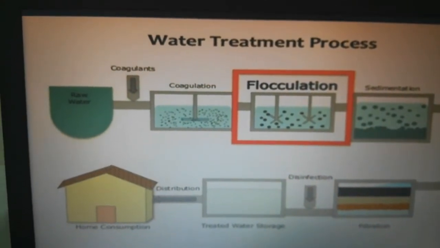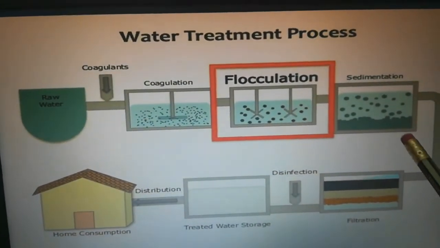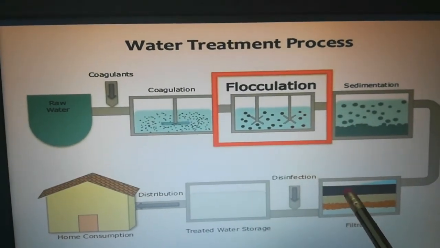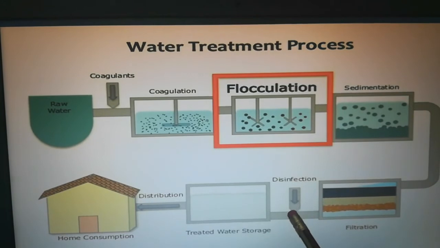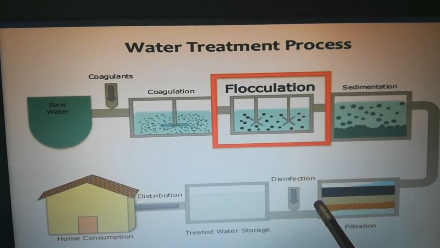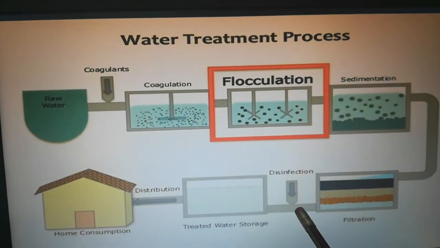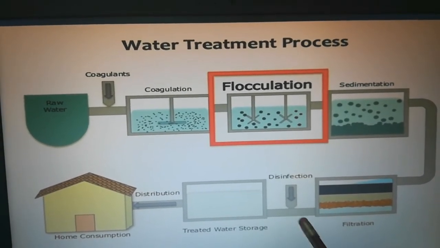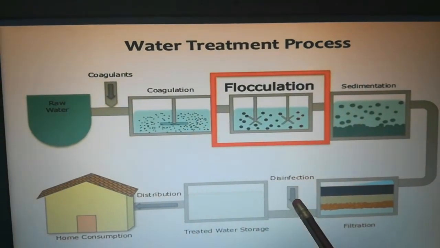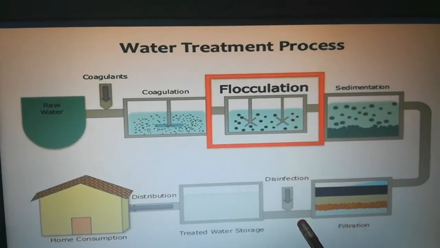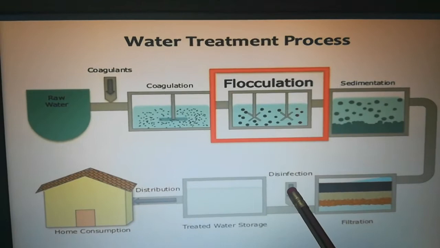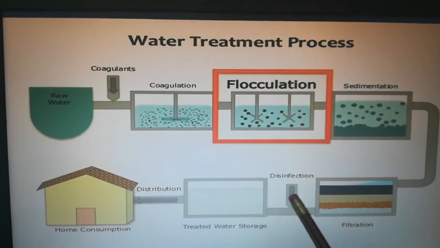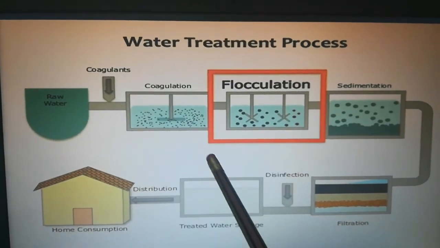Disinfectants are added. What do you mean by disinfectants? After the filtration, what will we add? Chlorine gas is bubbled in here. Once the water gets filtered, we mix the water with what? Chlorine gas. Why is chlorine gas mixed here? Because chlorine gas kills the harmful bacteria and other microorganisms. Right.